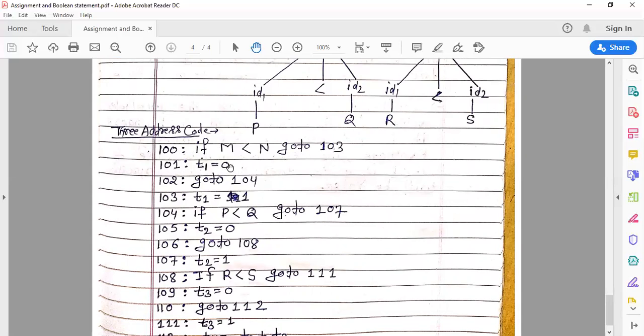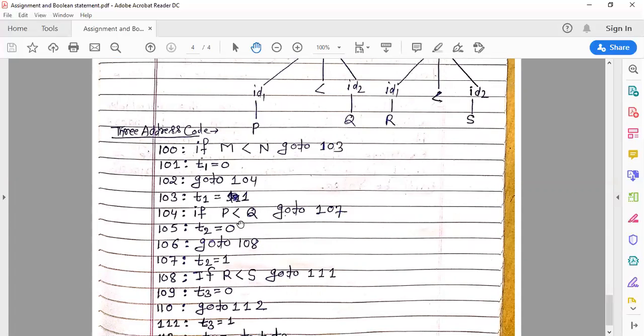So t1 is equal to 0 means if this condition is not true, control goes to 101, and t1 is equal to 0 means this is the false statement. And after the false statement, 102 is go to 104.